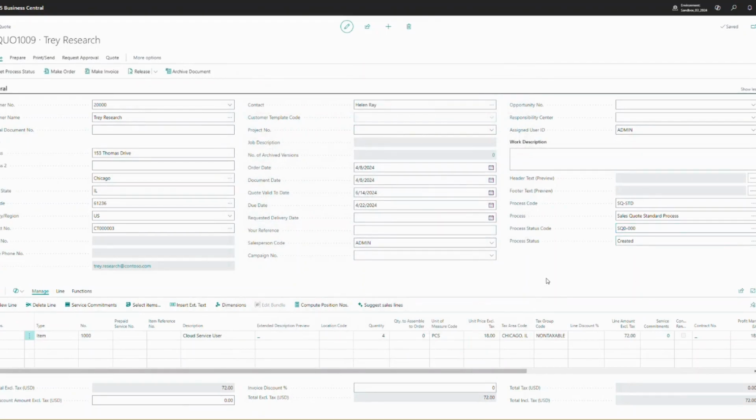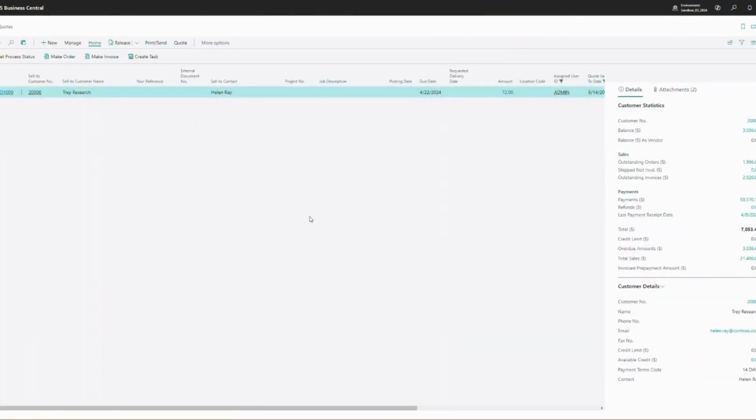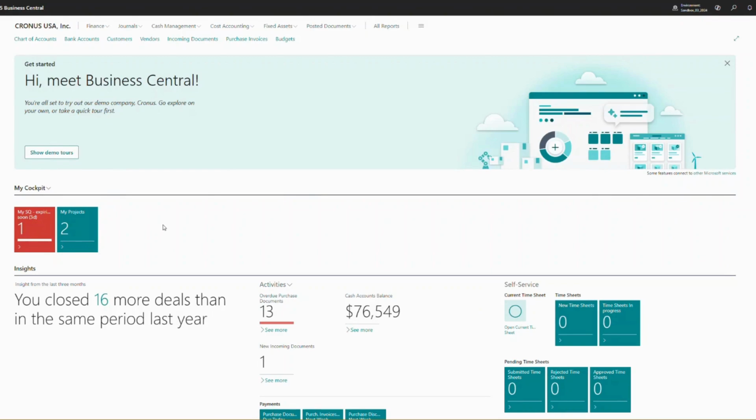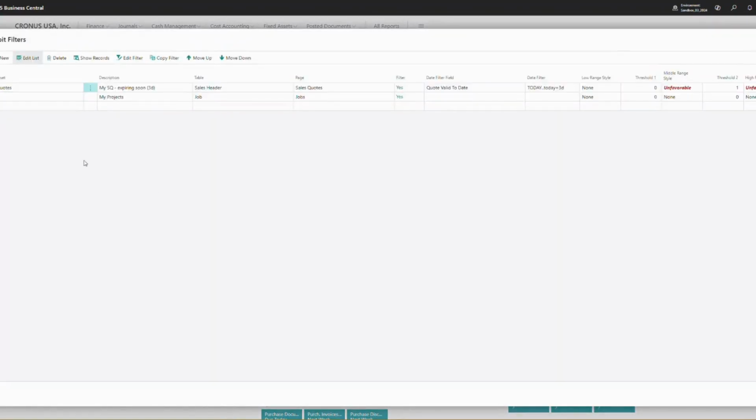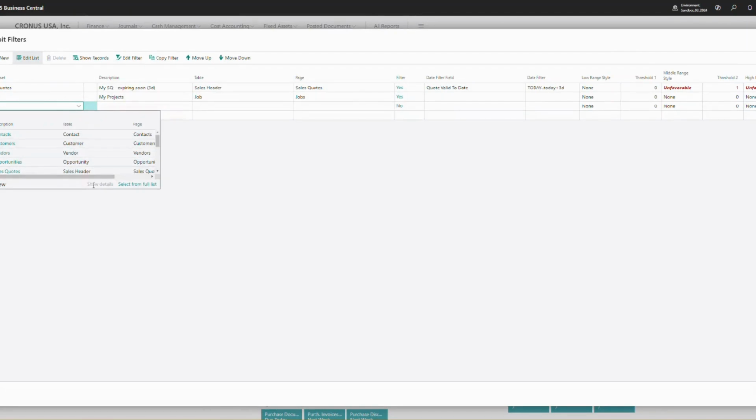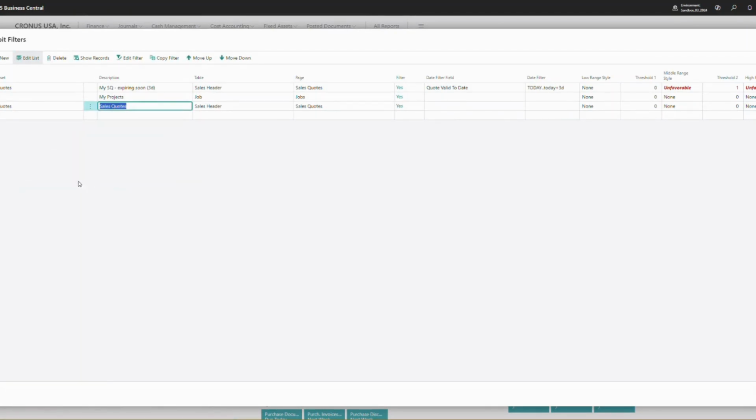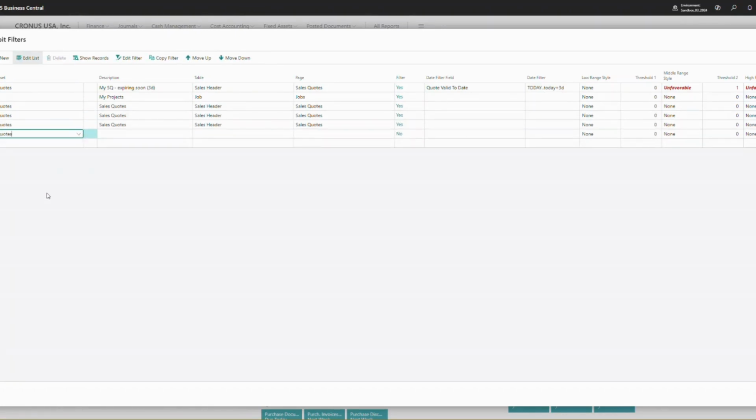Okay, and now we want to set up new cockpit tiles to be able to keep track of all the different documents in different statuses. So therefore, we're gonna extend this list, and we want to add some tiles for sales quote. Actually, I'm thinking about 4 tiles, which will show us all the sales quotes assigned to us, but in the different statuses. So let's say my sales quotes